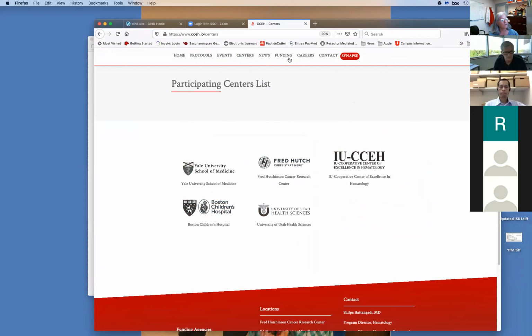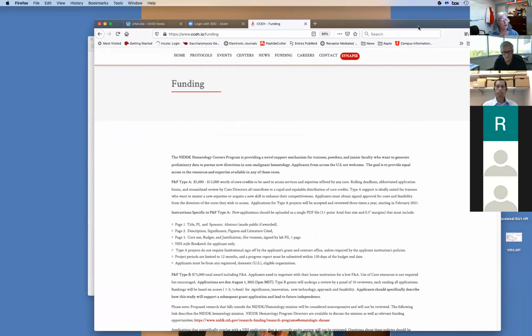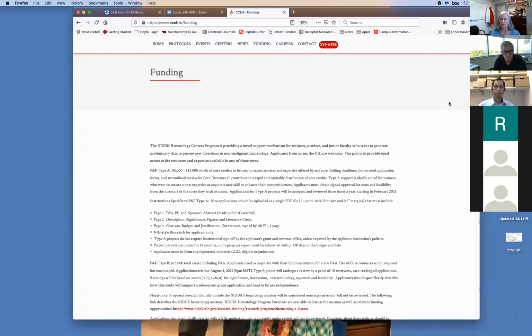One of the things I want you to specifically look at is this funding page, where we have a new call out for P&F funds. There are two types that are available. One are the type A grants, which are $5,000 to $12,000 worth of what we call core credits, which is credit at any core at any of the centers that I just talked about, where you can bank credit for a project that you are interested in utilizing cores that are sponsored by the NIDDK hematology